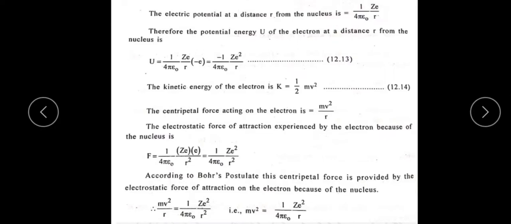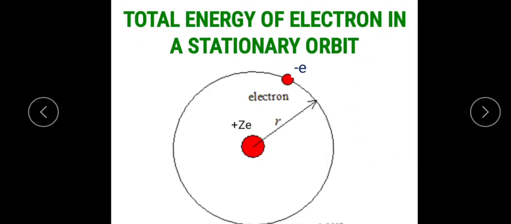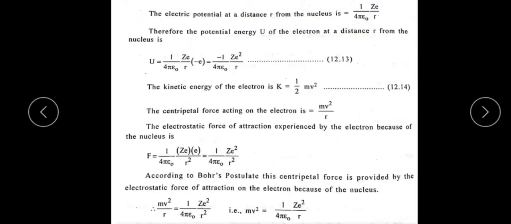This is the concept of electric potential at a distance r from the nucleus. The electric potential at the point at distance r is equal to 1 divided by 4 pi epsilon naught, Ze divided by r. Therefore, the potential energy U of the electron at a distance r from the nucleus is given by the general formula